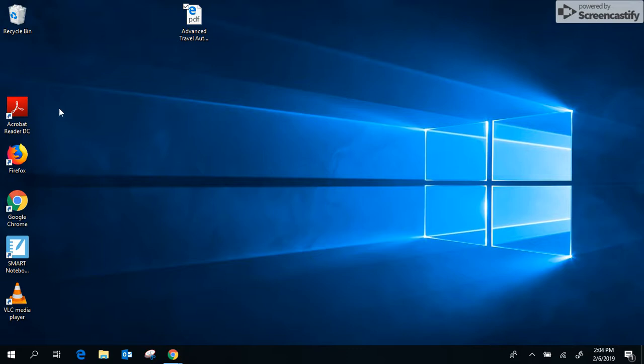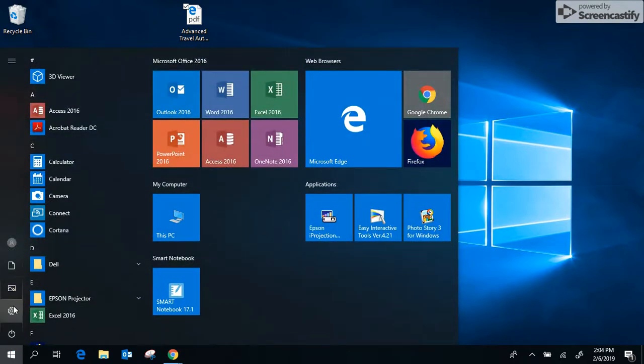You'll notice Adobe Acrobat Reader's icon is over here. It might not be on your desktop, but you'll notice that it's red. We will have successfully changed the PDF to be open in Adobe Acrobat Reader, and we'll be able to see that because the icon will have changed from one with a blue E to one with a red PDF symbol. In the lower left-hand corner, I'm going to click on the Windows icon,